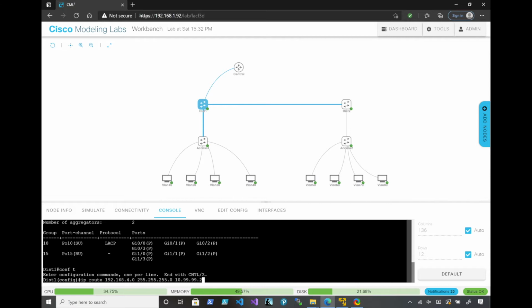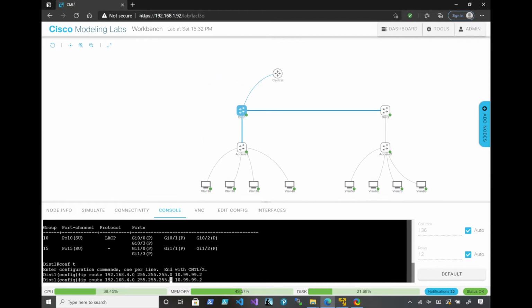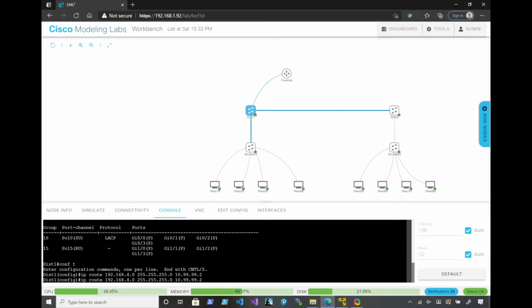So for example, I'll come in here and type in the wrong static route of the 192.168.4.0 subnet. That subnet is on this left side topology, so it's the incorrect static route configuration. So we'll go ahead and enter the command and then use the no command to then remove the static route